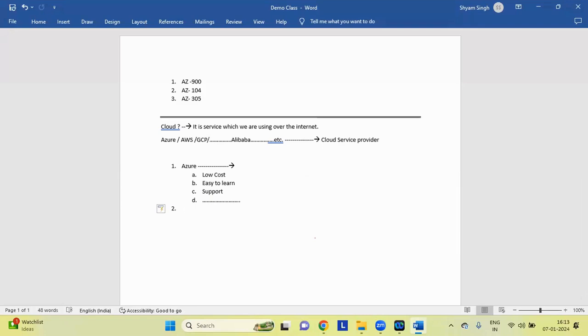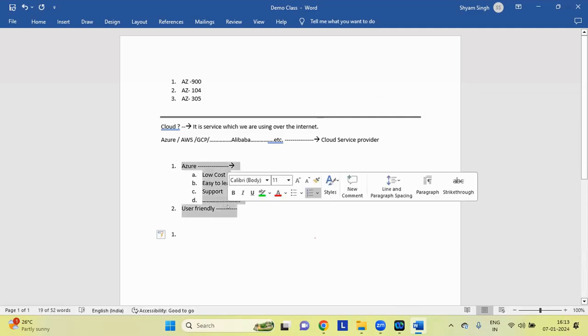And the most important thing about using Azure is that it is very user friendly. You can integrate, you can use, and details, documentation, and support are available. Okay guys, we have already discussed what is cloud, and now why Azure cloud. These are the reasons we are going to use Azure cloud.